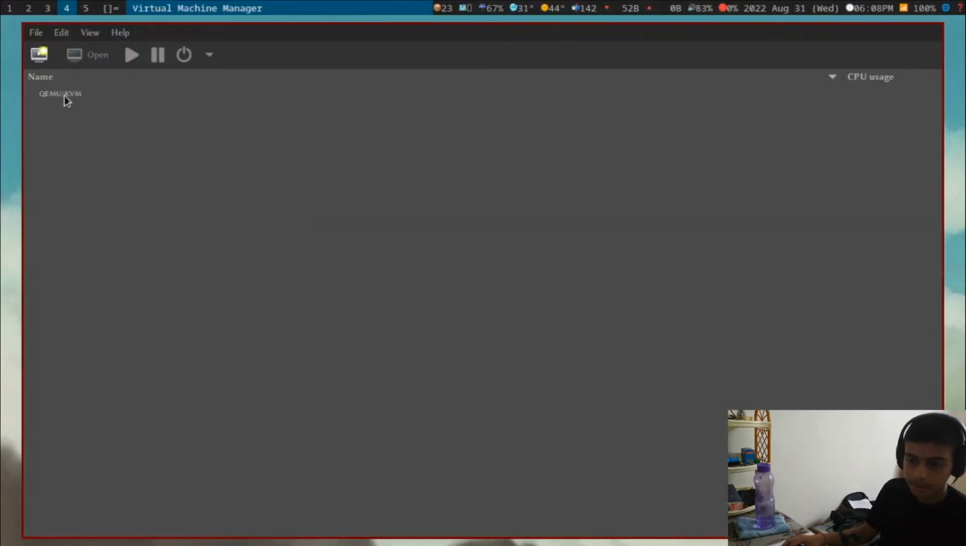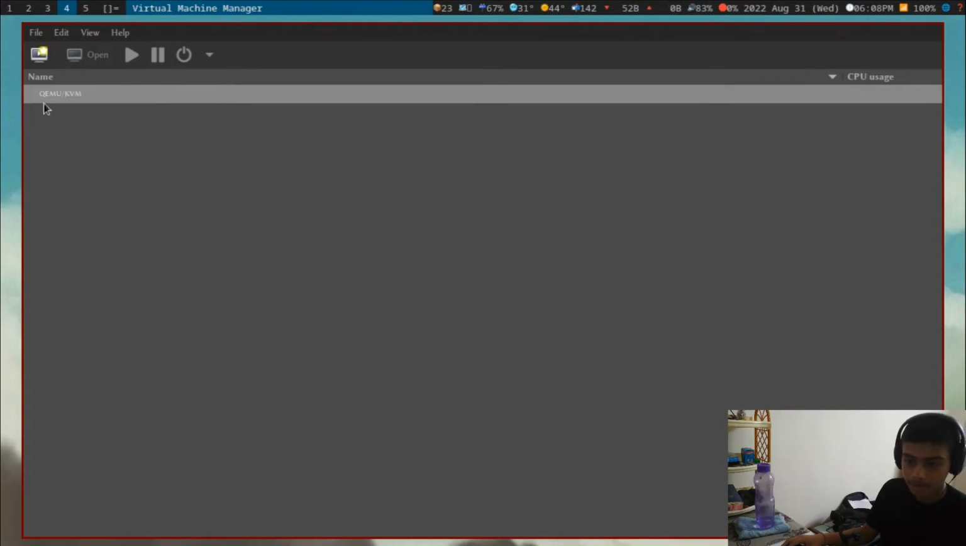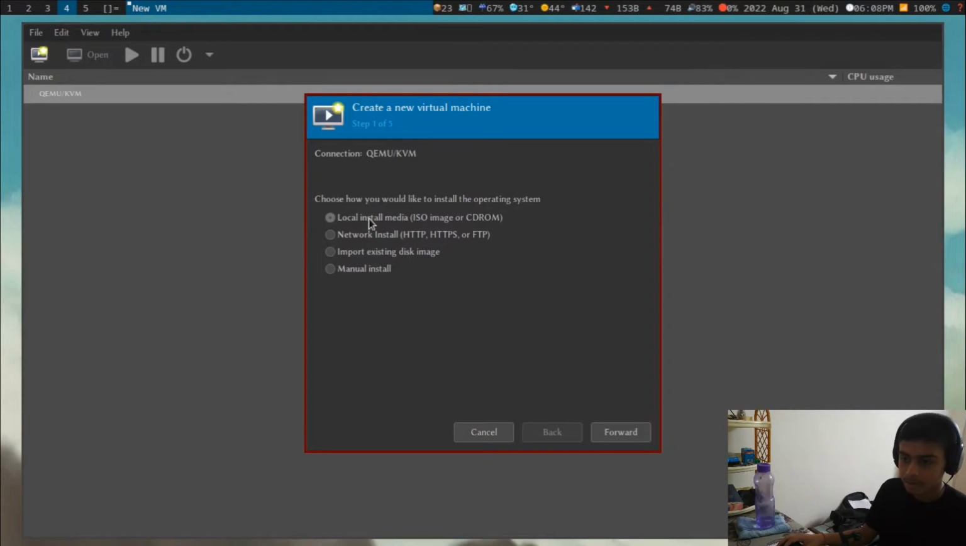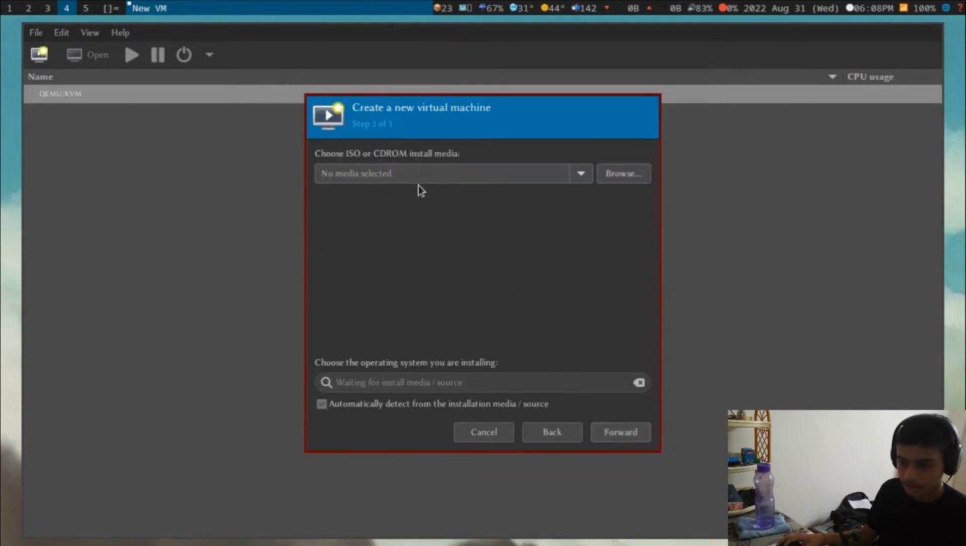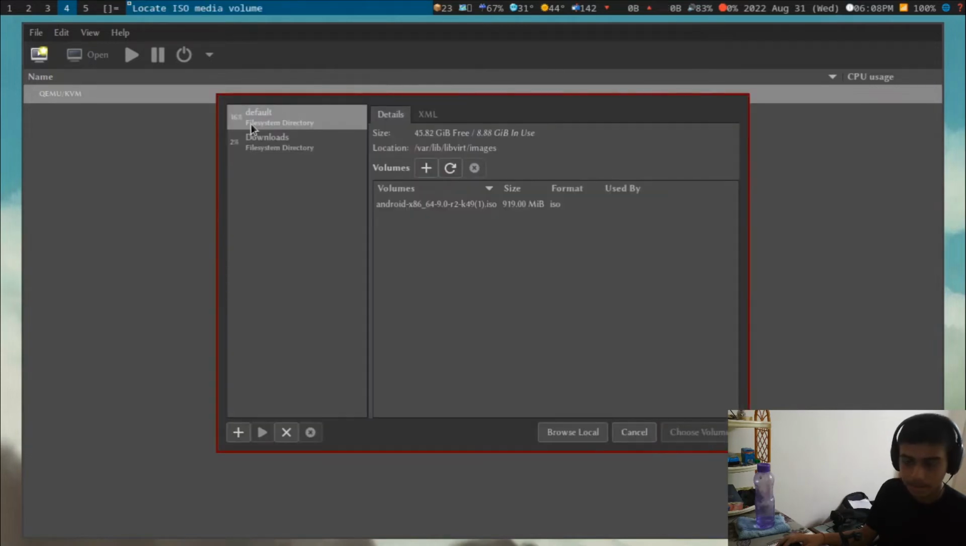So look at our Virt-manager here. We are connected. So let's create a new virtual machine. We'll choose local disk media, so that's what we're going to be using, and select the ISO. So let's browse it. Now since we had copied it to that directory earlier, it's popping up right here. So just choose this one,